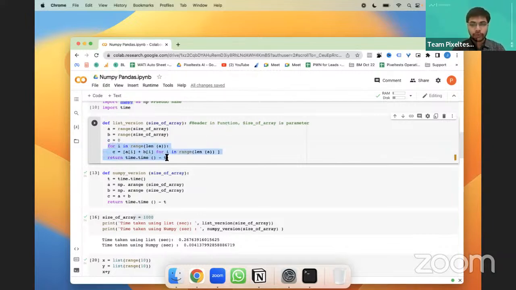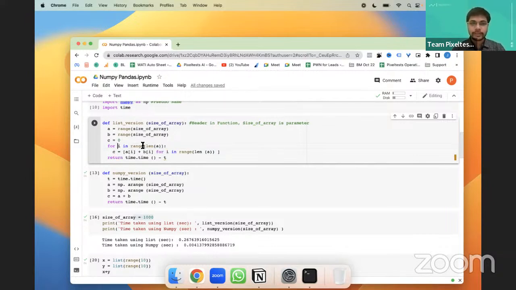Now we have run a for loop, for i in range length of a. What this does is, for example, if the length of the list a is 10, it will run from 0 to 10. So it runs from 0 till 10, or whatever the length is. For example, if we are going to pass 1000, it is going to take from 0 to 1000.